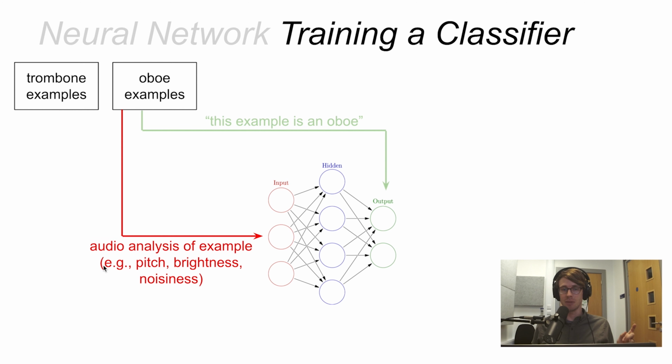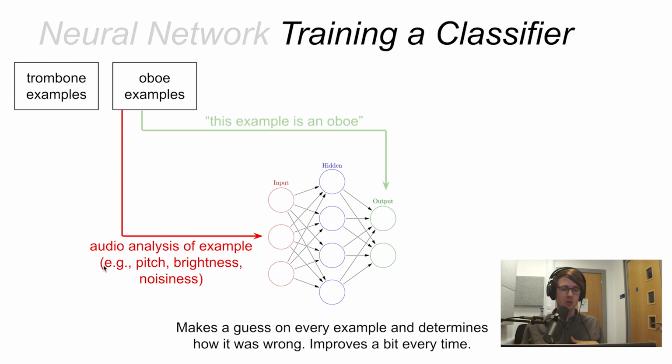And then we're going to do the same thing with the oboe samples. We're going to use the same audio analysis, and send those analyses to the neural network. And when we send it those analyses, we're going to say, this example that I'm sending you right now, this is an example of an oboe. And then once it has all of these examples, all of the oboe examples that are labeled oboe and all of the trombone examples that are labeled trombone,